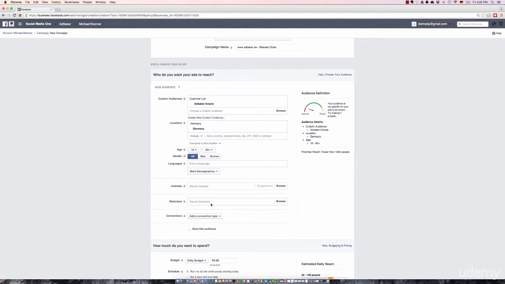So you just select your custom audience and then you can just go ahead and create your ad. No matter whether you select to build up a fan base, drive people to a website, or set up an ad that's optimized for conversions, no matter which ad you want to create, every ad creation process always starts with the targeting, okay? And every campaign objective has the option to select a custom audience. So that's in 100% of the cases always the same. Just create a custom audience in the first step, and then when you go ahead and create your first ad, just select your custom audience here, and that's how you can reach out to your customers.